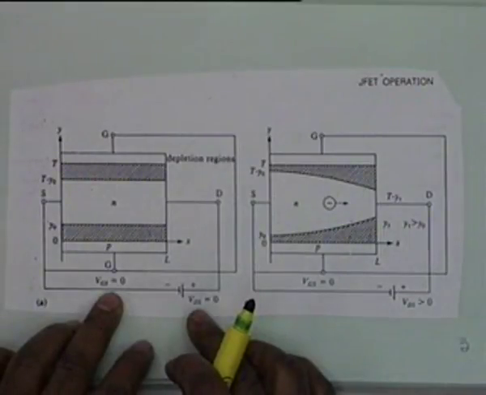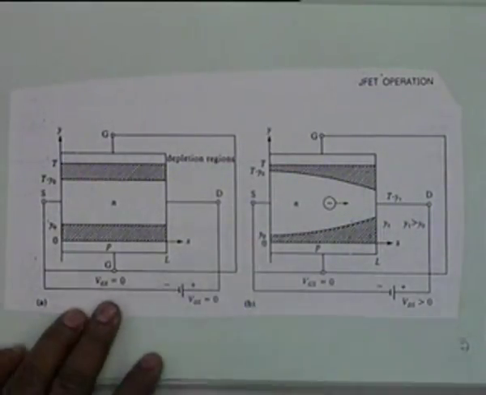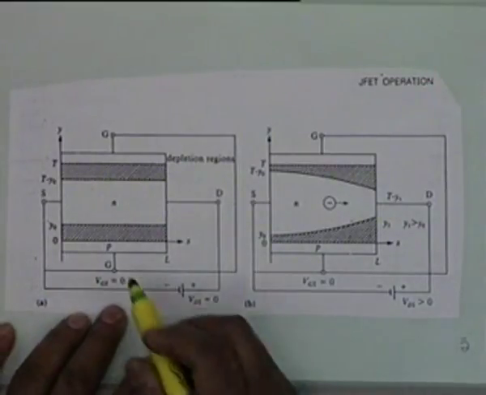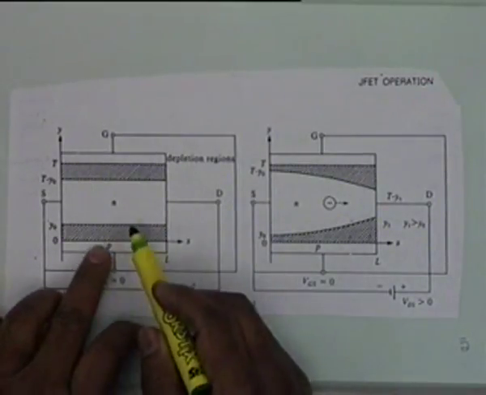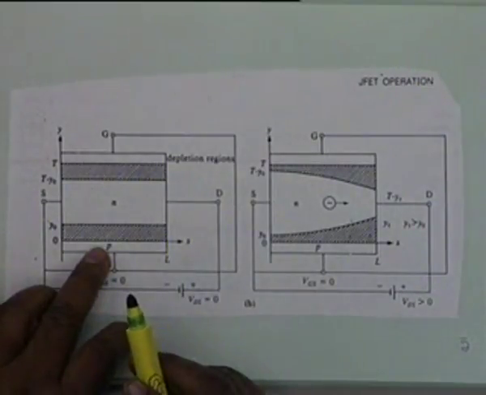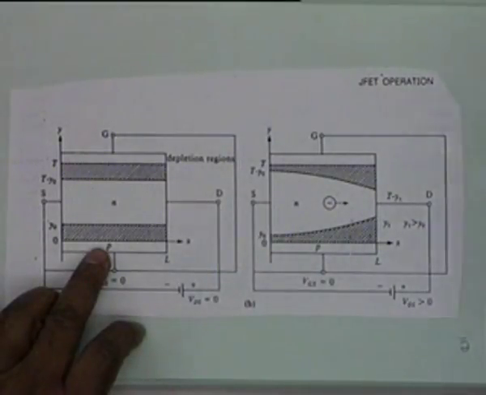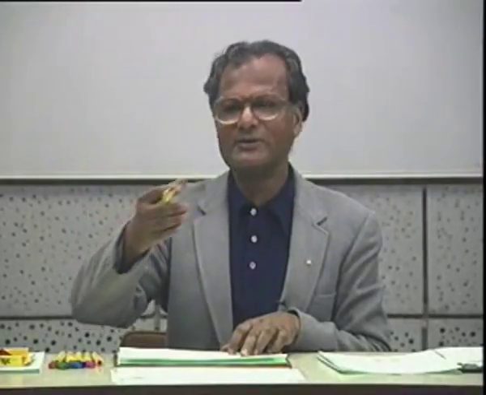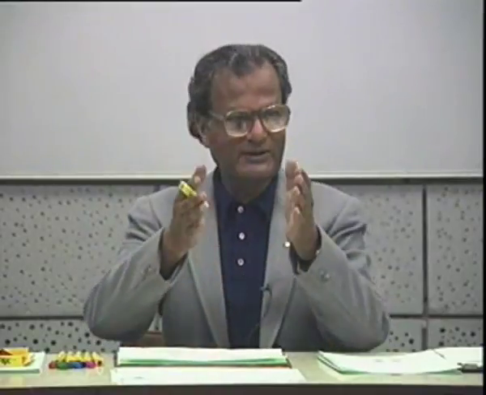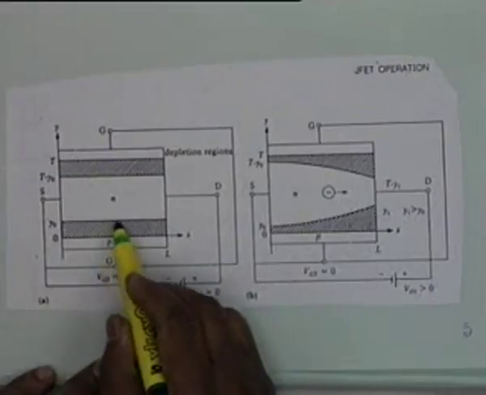Now I have shown here a cross section of this box with VGS equal to 0 and VDS also equal to 0. No voltage is applied. Let us see what happens. This PN junction, as you know, will develop a depletion. Correct? Electrons will cross to the p-type material, and holes will cross to the n-type material, and they will create a static space charge, a charge separation. So this is the depletion region.